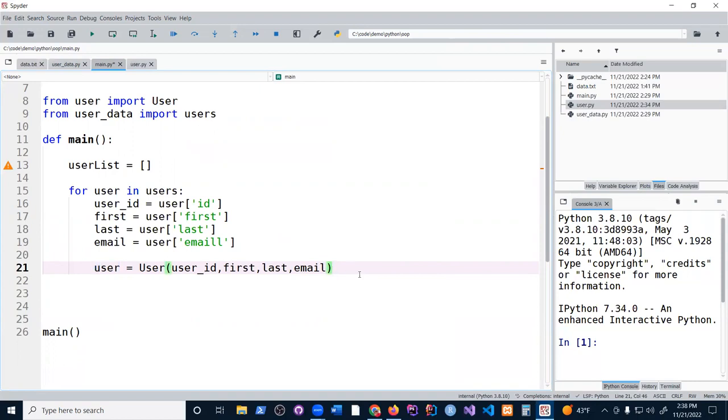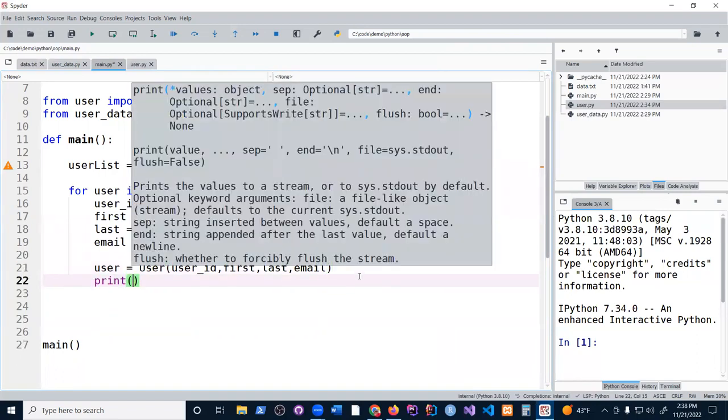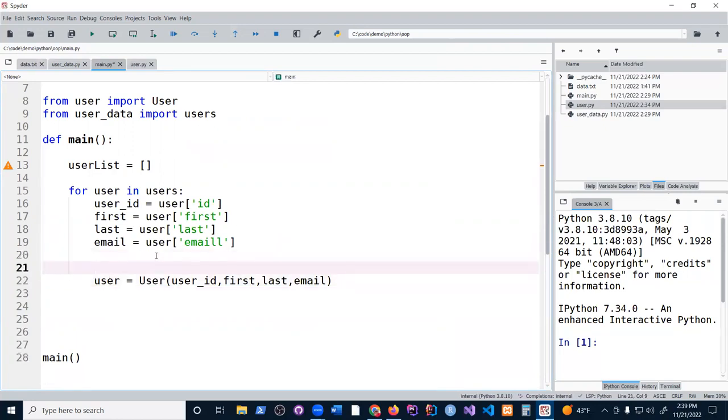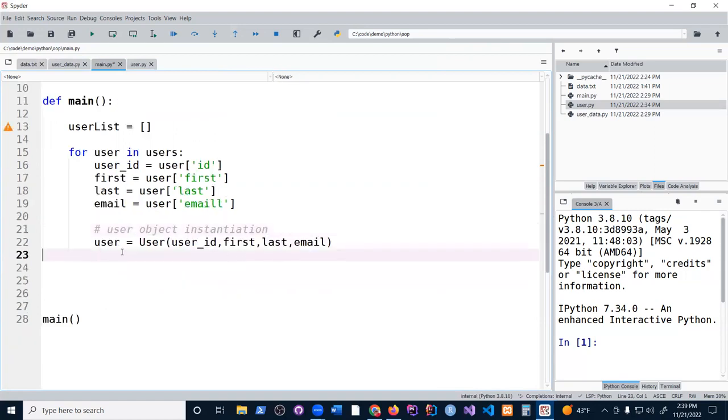If you want to see what that looks like, you can print it out, of course, and you're not gonna see anything there, okay? You just see a user object, which is not really helpful. But let's say I want to print that out so you can see, and you know what, you can do it later. So every user, when you get the user, this is called the user object instantiation here. Okay, you create an object of user, get this information, put it at the user,